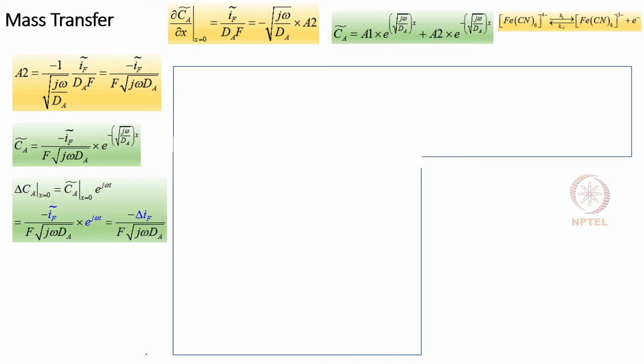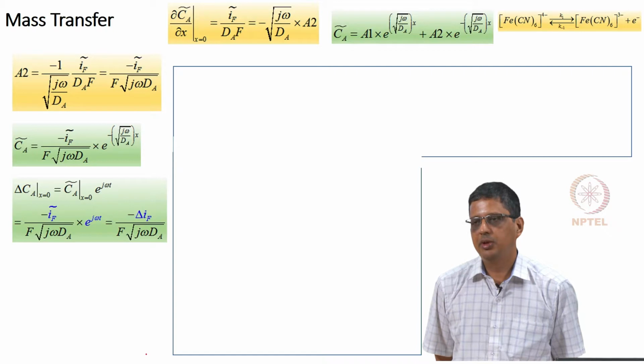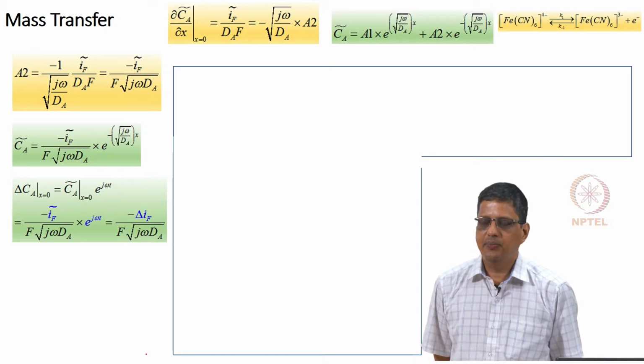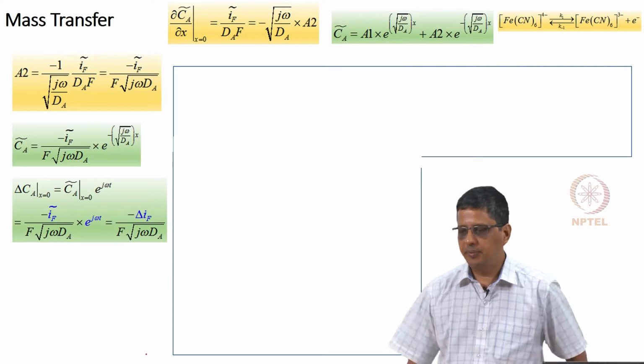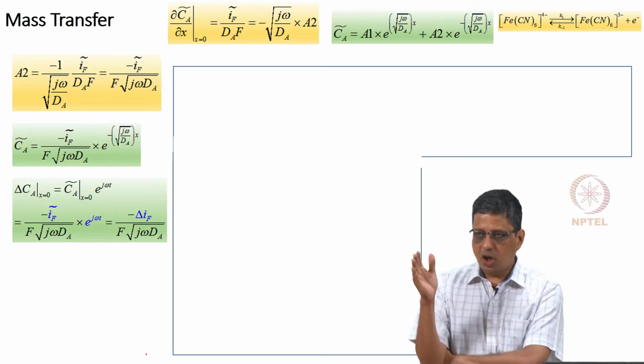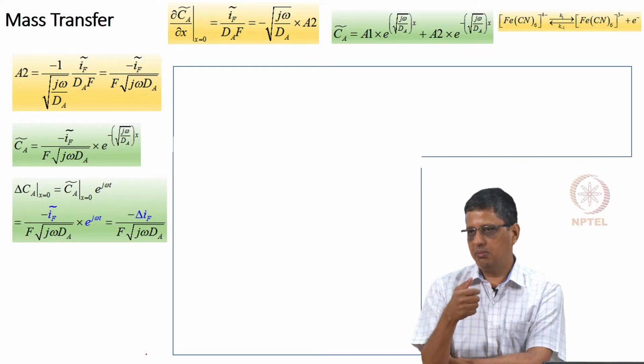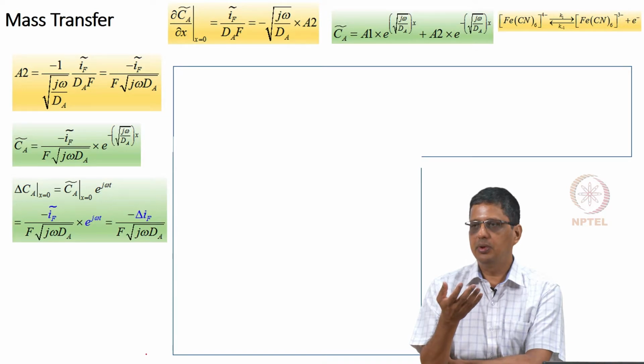The boundary condition says current is related to the derivative of concentration, because the derivative of concentration gives us the flux. It is a concentration gradient, the derivative of concentration with respect to space, not with respect to time. So the concentration gradient is going to tell us how much material is coming, and how much A is consumed tells us how many electrons are being produced.